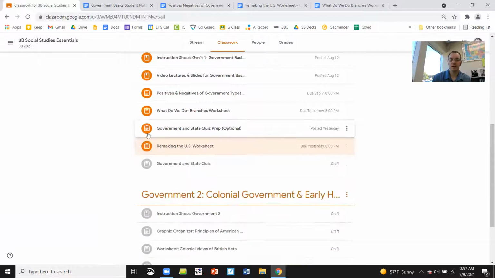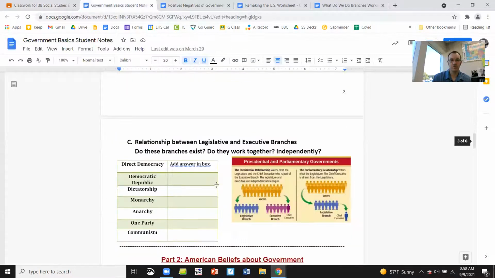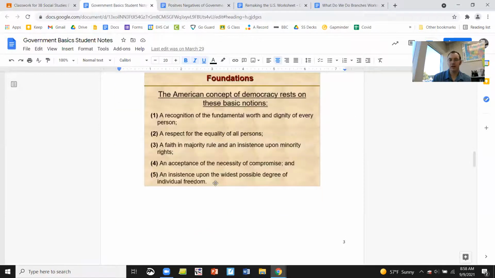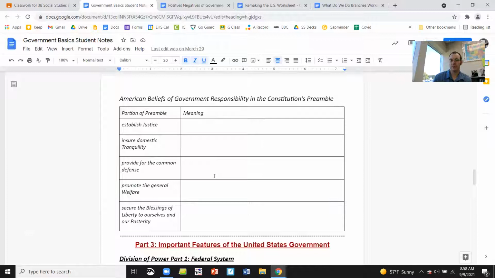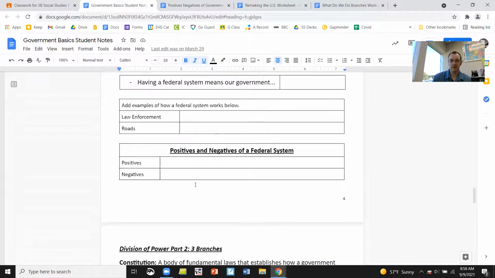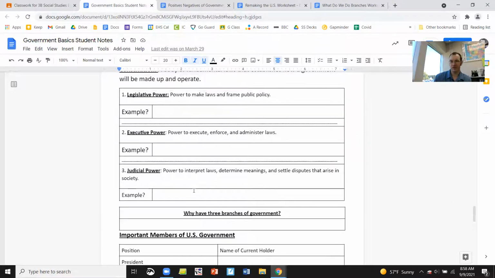The third assignment that will be due on Friday, which I won't grade, we'll talk about it together, focuses on the branches of government. So we move into our notes next to look at different beliefs in the preamble for what our government needs to protect. And then we get into other basics. And so we go down to the branches, talk about what they do, go over examples in class, things like that. So for the worksheet,